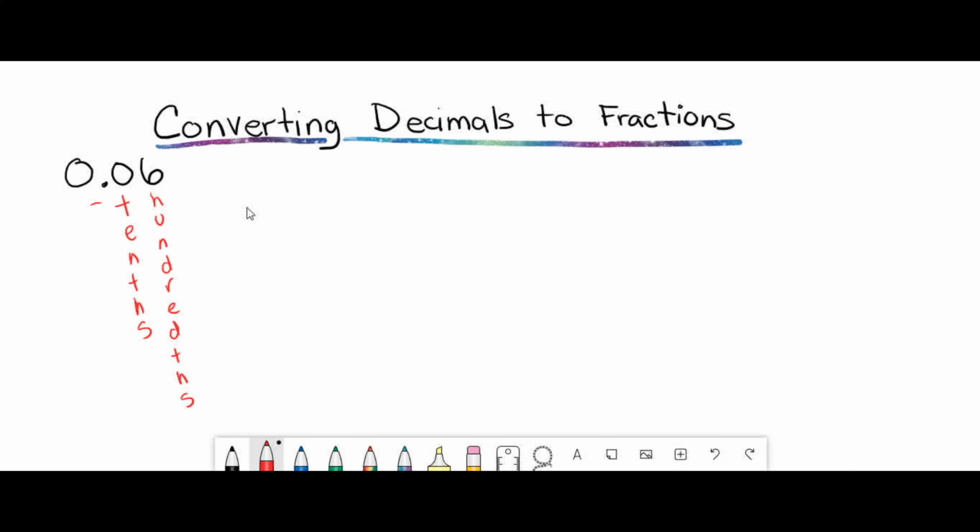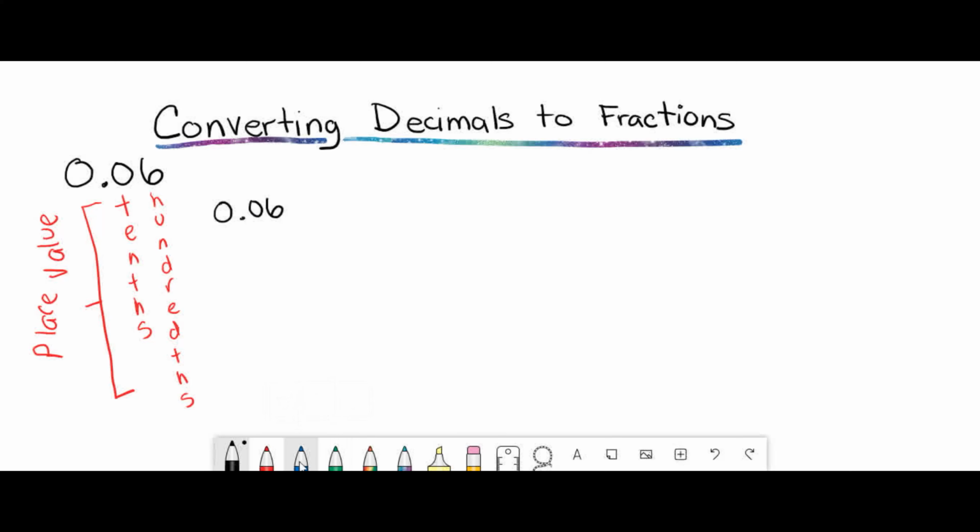And remember, this is our place value. Alright, so I told you the first step is going to be to use place value of the decimal to write the denominator of that fraction. Okay, so how is that going to look? Well, let's write our decimal again. Okay guys, so